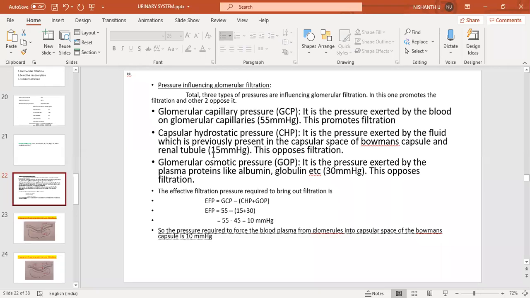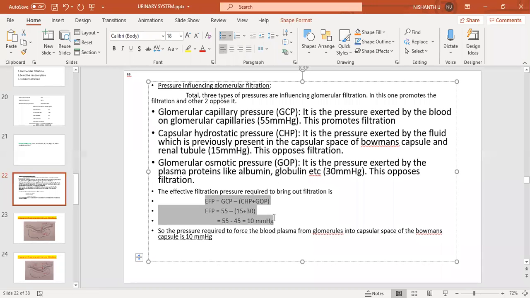We are talking about a normal, healthy person at resting stage. We are not talking about a diabetic patient, a hypertension patient, or a person who has a lot of protein in the blood. All these factors will alter these values. Finally, we want to know the effective pressure which produces the filtration. For that, you have to understand effective filtration pressure. We just go through this point, and you can understand.